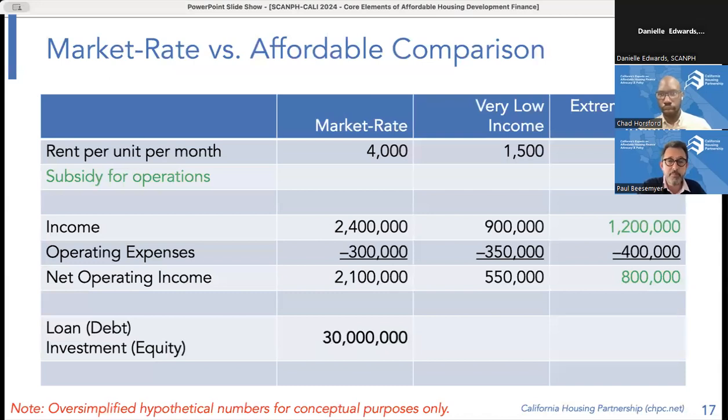Say, look, the basic problem. In a market rate development, we're balancing NOI with interest rates and investor rates of return to see if it works. There is the economics of affordable housing. The deeper you target, the less there is to go around, the less net operating income you have. And that's why we turn to the various subsidy sources that we're going to talk about in just a second. Let's go to the next one.